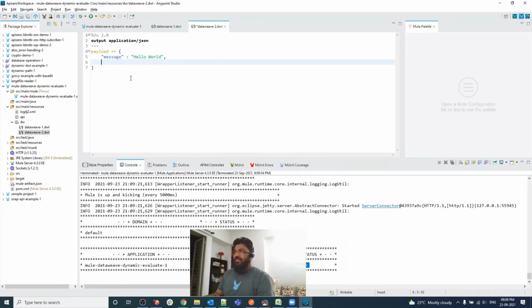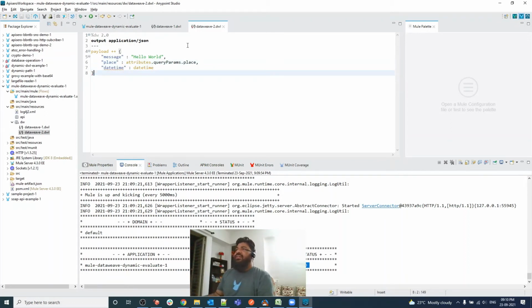So what I'm going to do is basically return age, not age, place. So place is coming from attributes.queryParams.place, and I'm also going to return a custom field, name, not name, place, time, date time, basically date and time. And as you can see, this is the date and time I'm going to return.